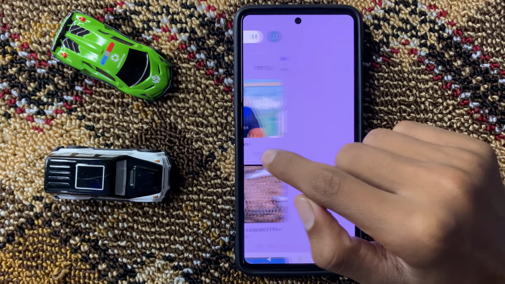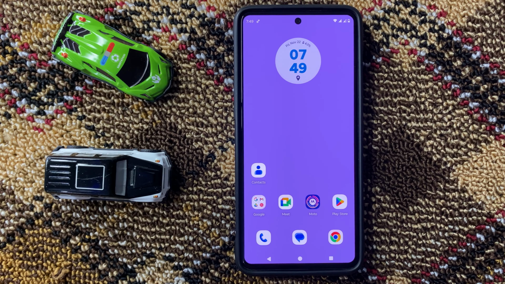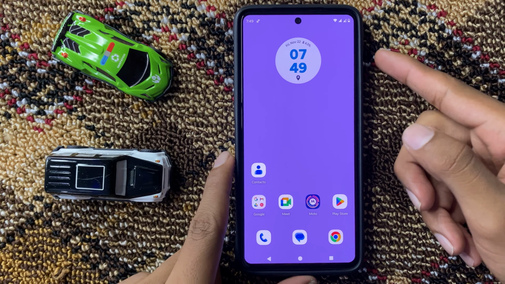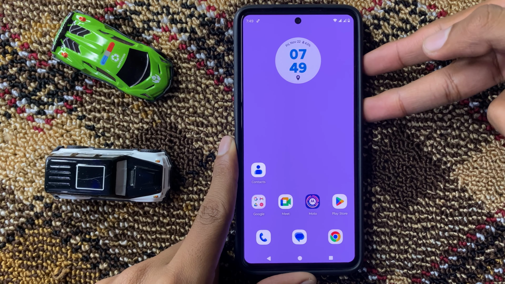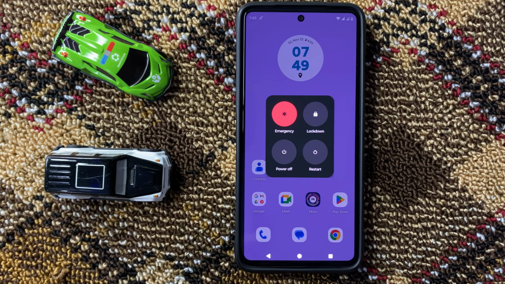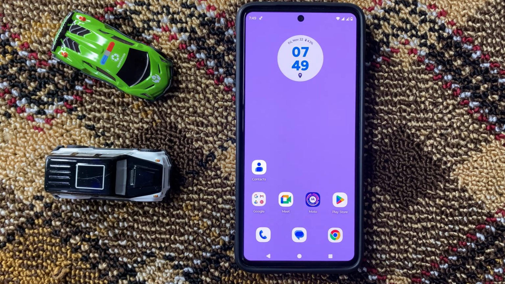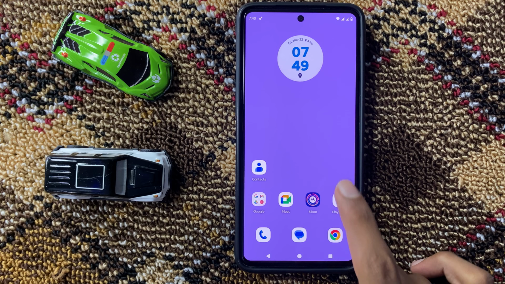First of all, restart your device. To restart your device, press and hold the volume up button and the power button at the same time, and then click on restart. After restarting your device, open settings